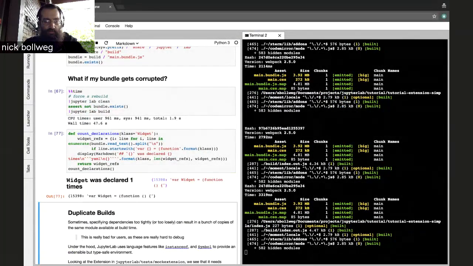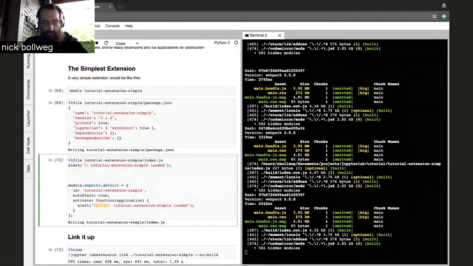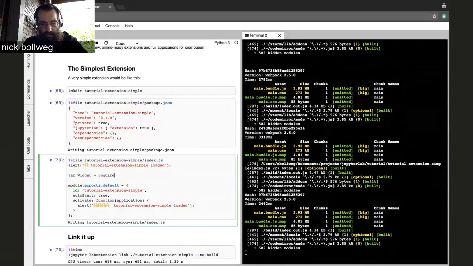That is where widget was defined. With a lot of the approaches that I tried, if I was to change my example here to let var widget equals require at phosphor widgets dot widget, and let's just do something with it. Var w equals new widget